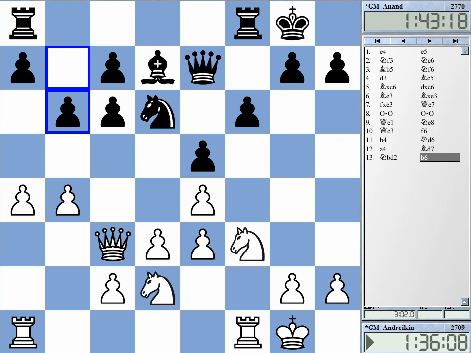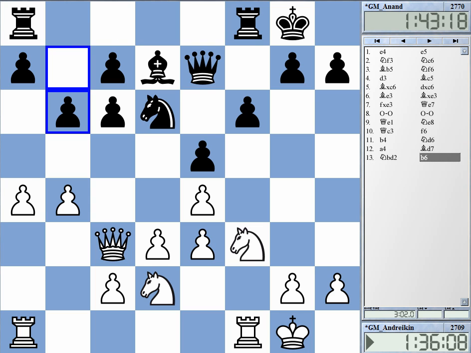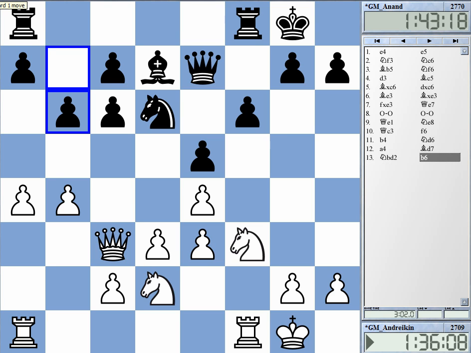b6 is a move that controls c5 and a5 for the moment. If white now is not alert, he played a5, the right move, I guess. If white is playing a nothing move, just to show it, then black would have a5. Yeah, it's easy to see that white needs to attend to this positional threat, but still it's a little threat. As a5,